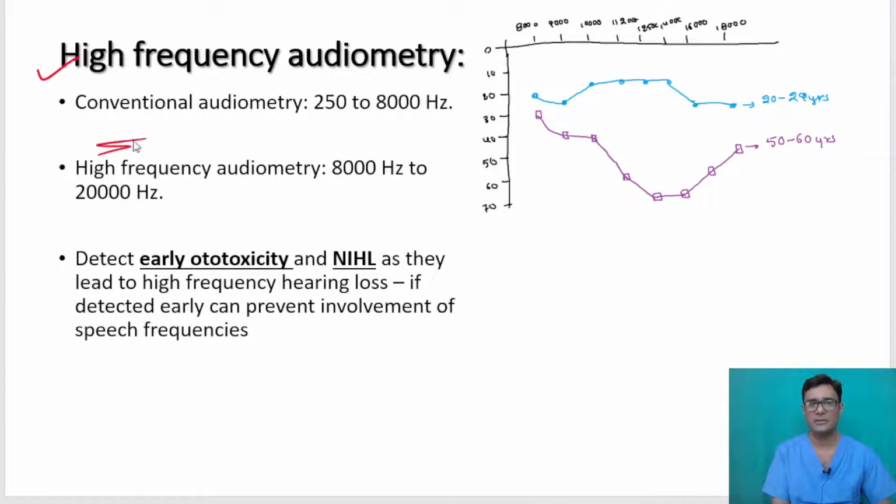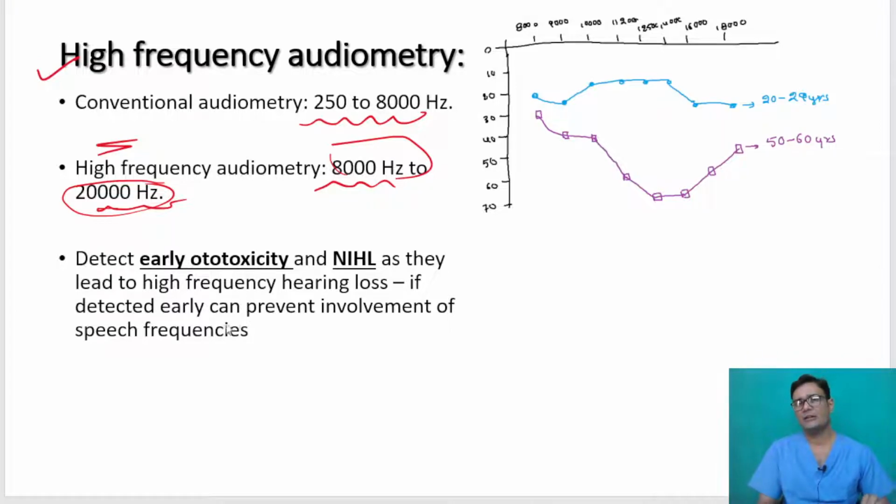Okay, what is high frequency audiometry? In conventional audiometry, we were testing 250 to 8000 hertz. When you test above 8000 to 20,000 hertz, this is called high frequency audiometry. What is the purpose of doing this? It is observed that when you give cochlear toxic drugs, such as streptomycin and cisplatin, to patients,